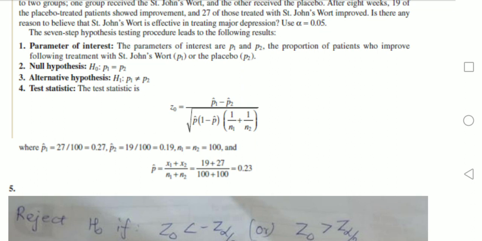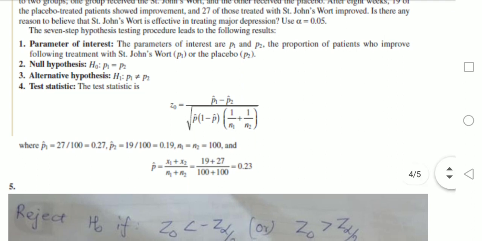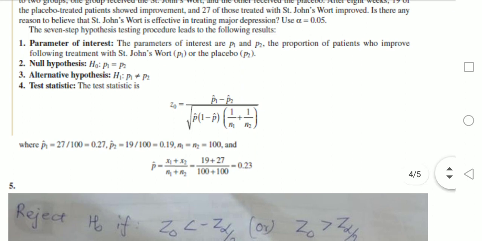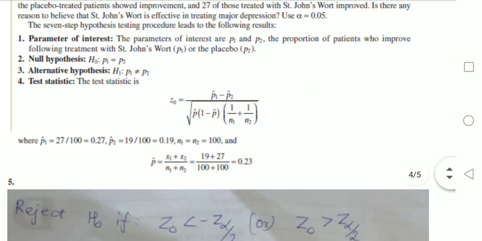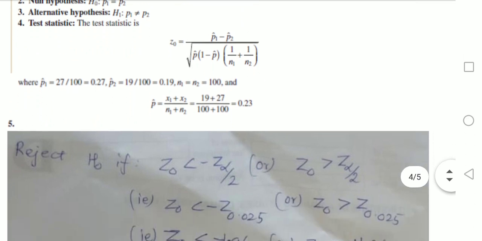Sorry, P1 cap is x1 by n1, P2 cap is x2 by n2, and P cap is x1 plus x2 divided by n1 plus n2. So P1 cap value is 0.27, P2 cap value is 0.19, and P cap value is 0.23. And the rejection criteria is